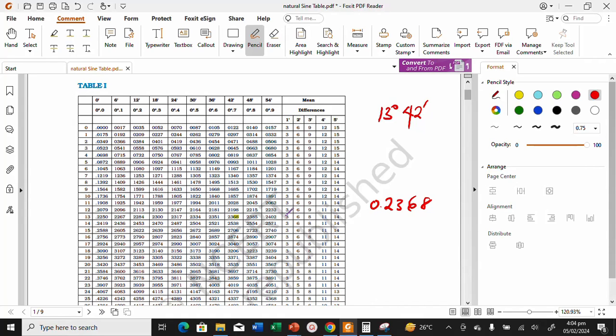So 1 minute, this is 3. If you add 3 to this, you have 0.2371. So this is exactly it. So that means we're adding 1 minute to this. If you add 1 minute, it becomes 13 degrees 43 minutes. So this is it. So now let's go back to